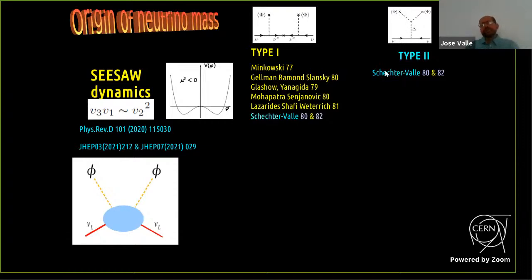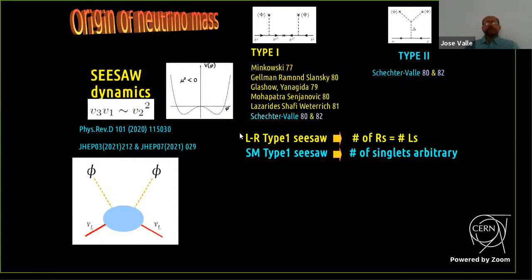It's anecdotal here to notice that in our original seesaw paper, indicated here by the cyan color, we called the triplet seesaw type 1 because we were thrilled by its simplicity and also because it was our baby. However, beyond this anecdote, there are important differences between our formulation and the yellow ones. And I show here the yellow seesaw. It relies on left-right symmetry and implies that the number of right-handed neutrinos matches the number of left neutrinos by gauge invariance. In contrast, in the standard model-based type 1 seesaw that we suggested, the number of singlets is totally arbitrary,